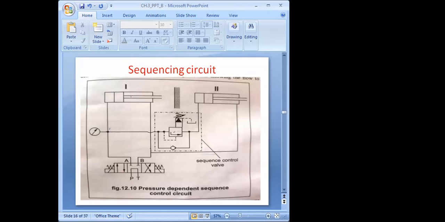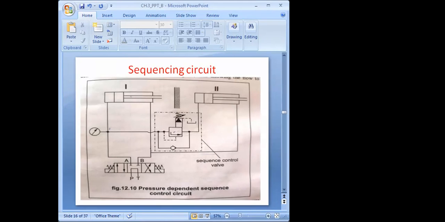Once again in other words, when the cylinder pushes the object up to its end, only then does the cylinder pressure start to build up, and due to that the supply to the next stroke will start. Getting it? Now firstly we'll go for the pressure dependent sequence control.